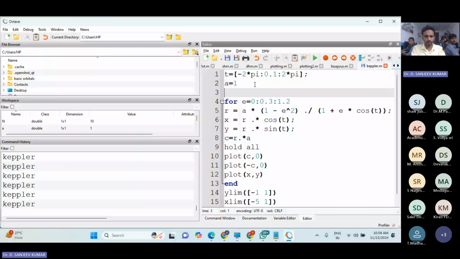And I have to hold all. Hold all. For E is equal to 0 to 0.3 to 1.2. Now if I run this,